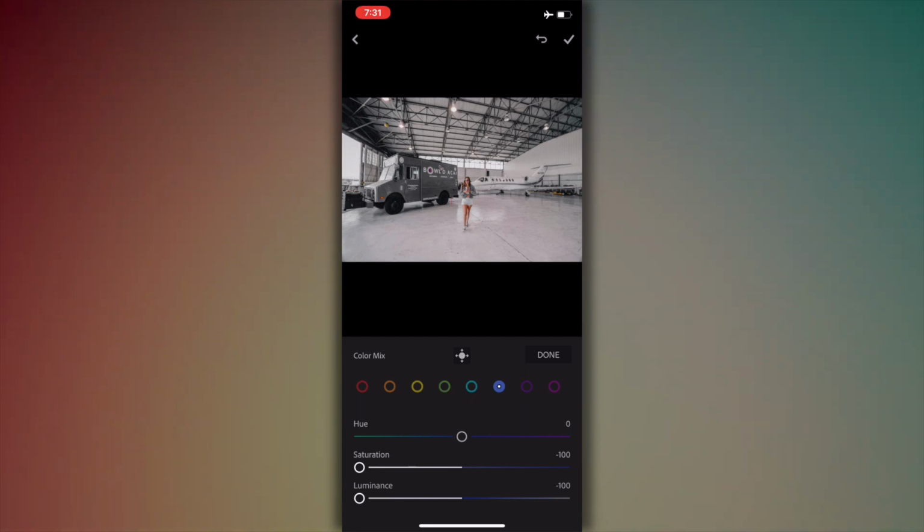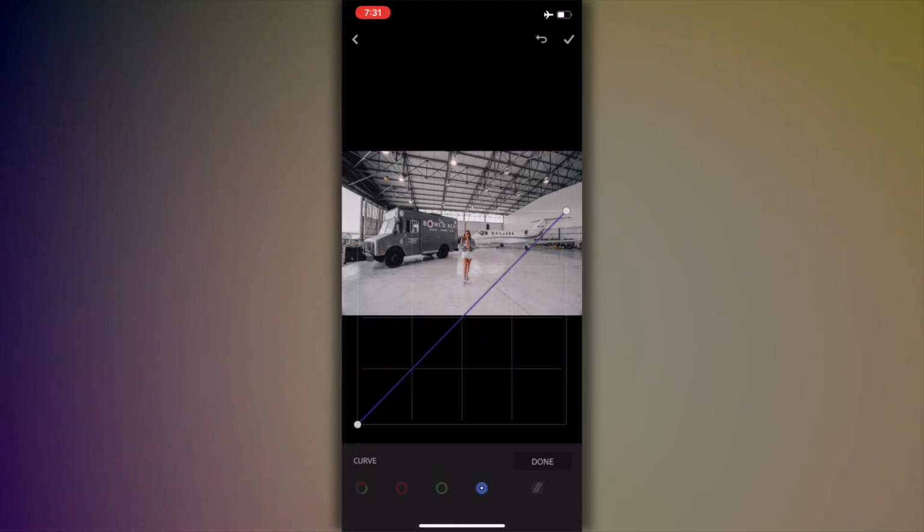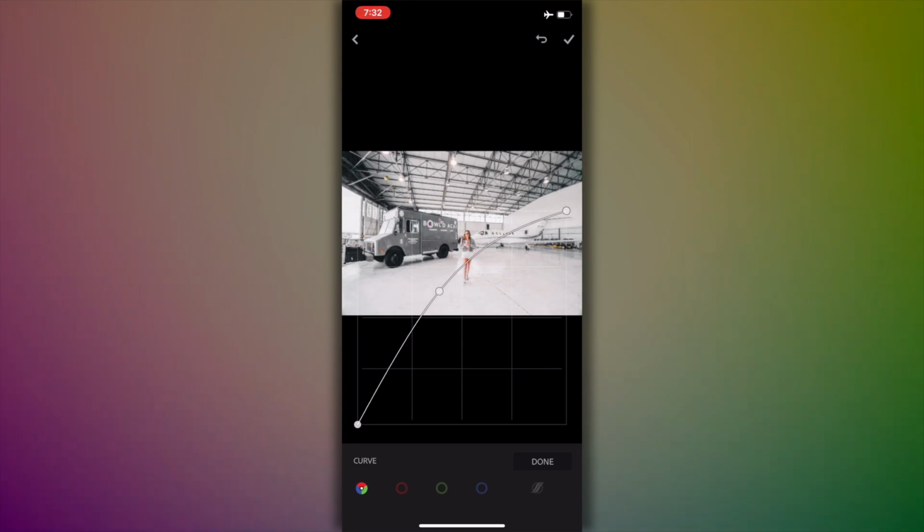And then our purples and our magentas, we're going to leave those as is. So let's come back to our light tab. We're going to go over to the curve tab and just go to the main one, which is going to be all 3 of your RGBs. And then we're going to start to adjust this. This one's going to be a little bit smaller of an adjustment, but we're going to raise the middle right up, and then we're going to drop our shadows down right here,